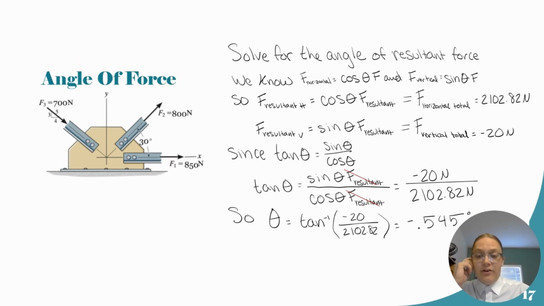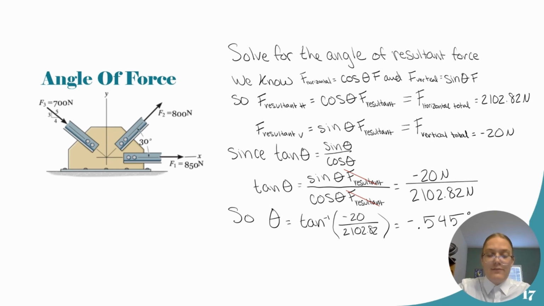And then to solve for the angle of our force, we just use our relationships with the cosine theta of our resultant times our resultant is equal to our horizontal total, and the sine theta times the resultant force is equal to the vertical total. With that relationship, we can put sine over cosine, canceling out the resultant forces. And since we have values for the sine theta of our resultant and the cosine theta of our resultant, we can substitute those values in and solve for the value of theta using inverse tangent, which leaves us with approximately